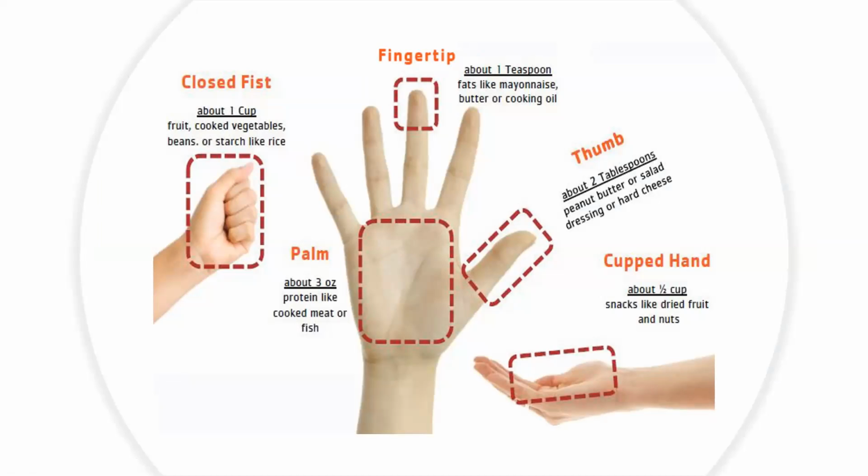So it can be tricky to work out how much everybody in the family needs for their size. It seems obvious, but a 5-year-old needs less than a 10-year-old, and a 10-year-old needs less than an adult. And as our children grow at different rates, there's no solid rule for each group that says give them this much or give them that much. So the best thing to do is to look at your fist and then look at your child's fist and compare the two of them and see how much smaller their fist size is compared to yours.